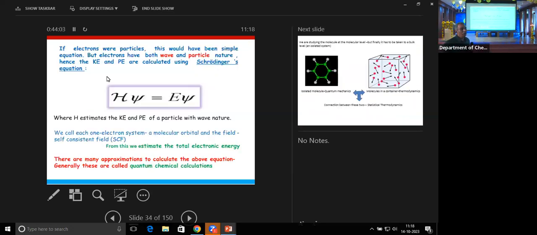Okay. The only thing is, that's the reason why I know this is one of the most hated equations. But what happens is, if you want to calculate the kinetic energy and potential energy of the electron, which we do in a normal way as half mv square, and m1 m2 by r or e1 e2 by r, or whatever it is, that e1 e2 by r is still there in this also, but the method of calculating changes now, because this electron doesn't believe in having a single form,